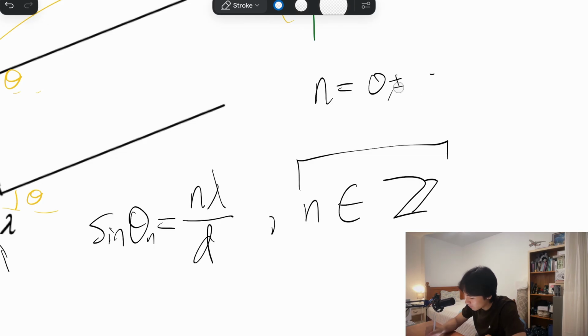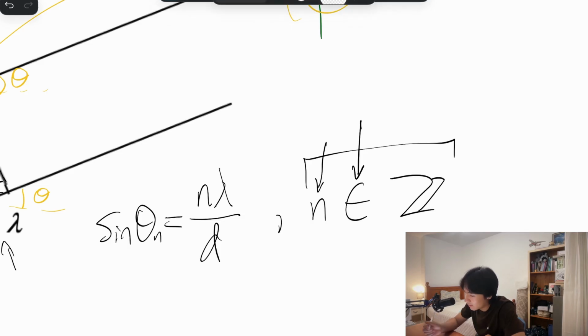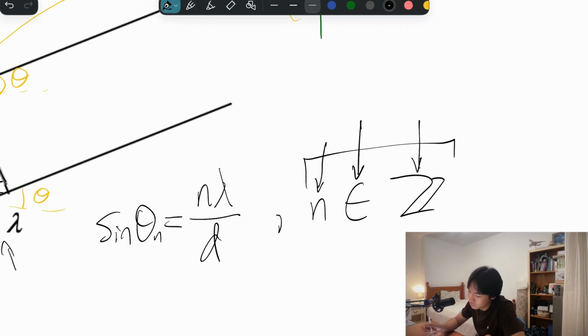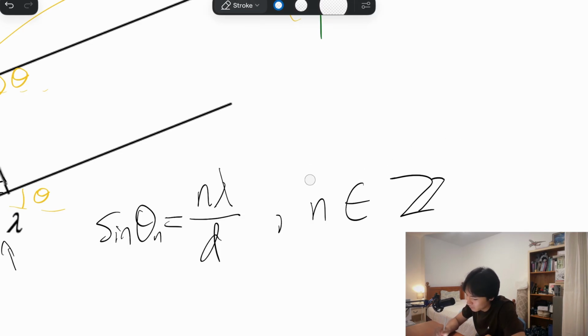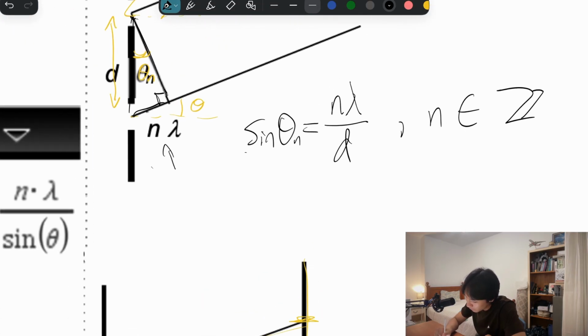If you just learn this quick notation here, maybe you learned it already if you took higher level maths in S6, it means n is an element of the integers. That's what it all means. Nothing too complicated. So from this formula, we can